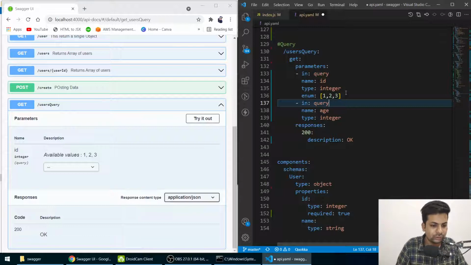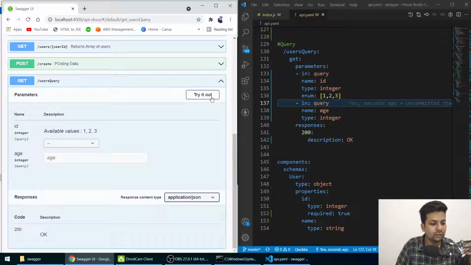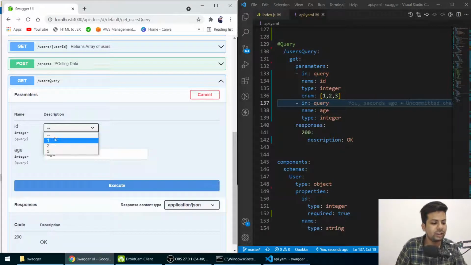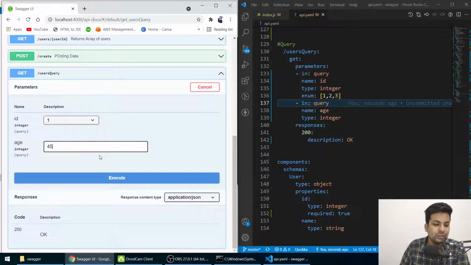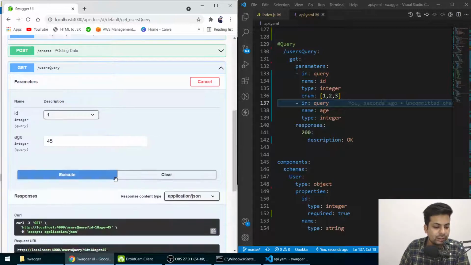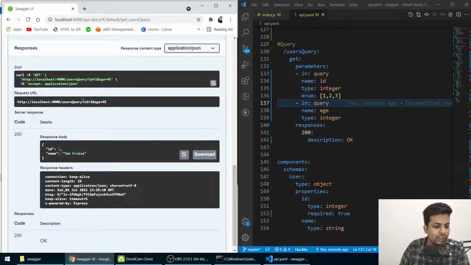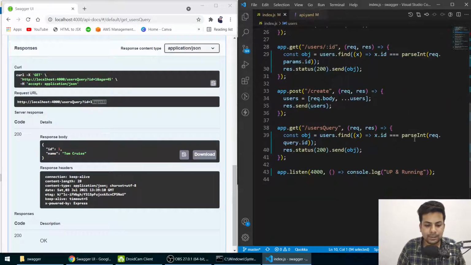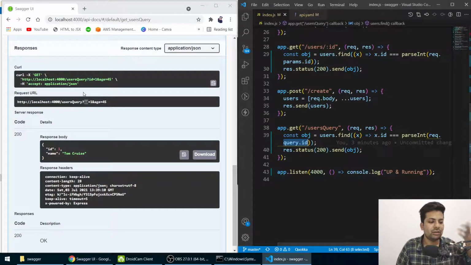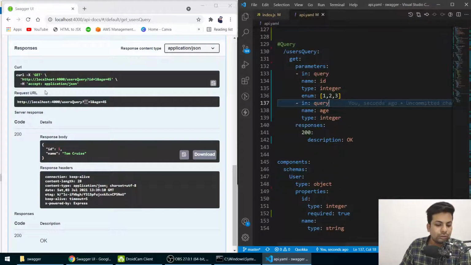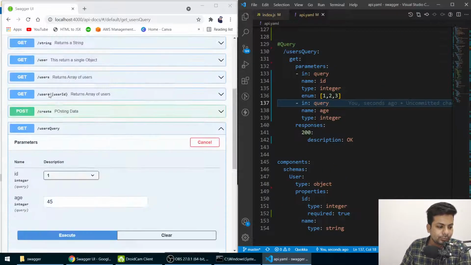Now reload this. So see, now you can send age also, and here you can send the id also. So I'm sending age 45, so nothing will happen, because I'm not taking age there. So execute, Tom Cruise, so you can see id1 and age 45 it's sending. And here I'm choosing request.query.id only, the id part, so nothing with the age part. Okay, so that's how you can send the query.